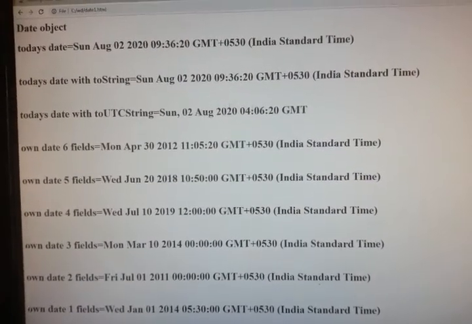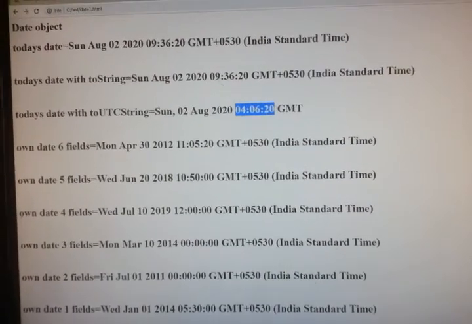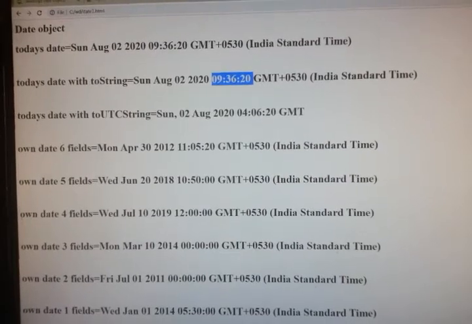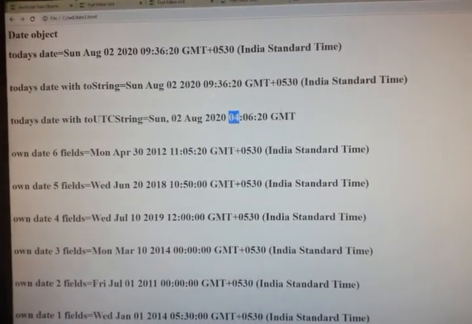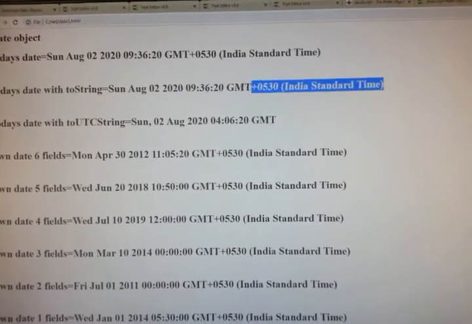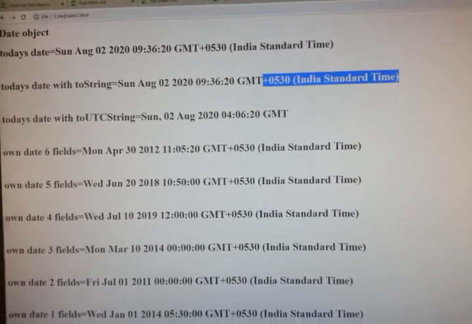The date is the same, but the time is 4. If it is Indian standard, the hour is 9. Here in universal we are getting 4, GMT. With toString it is taking Indian standard. When we are using UTC string, it is taking GMT, global.